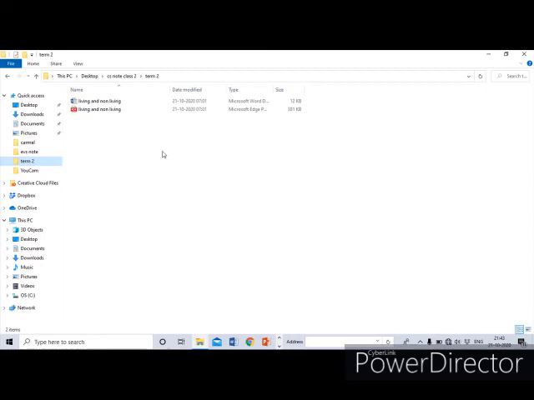See, we can create a folder anywhere. We can create a folder on the desktop. We can create a folder under documents. Anywhere we can create. But here I am going to show you how we can create a folder. We have to follow simple steps. What we have to do is, first we have to keep the mouse pointer in the right pane and right click on the mouse.